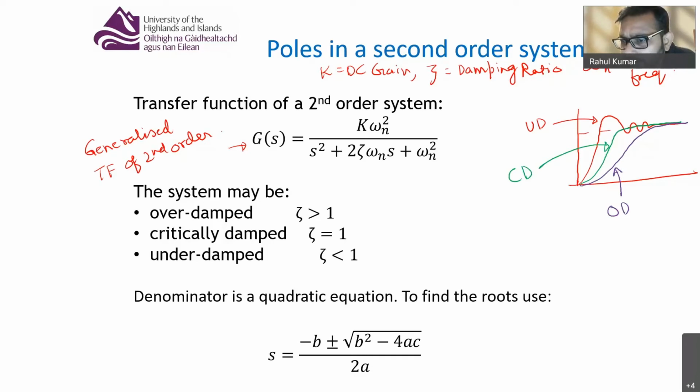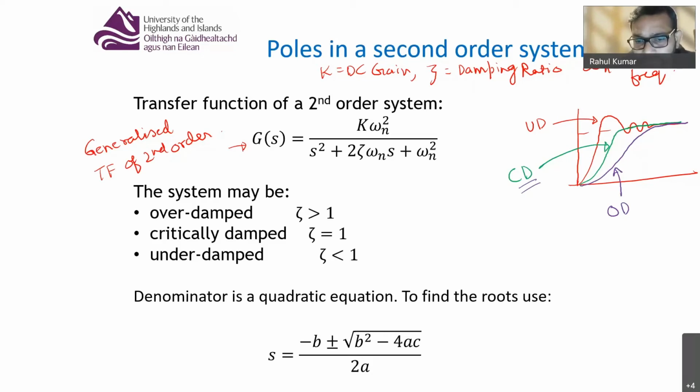So ideally we want a critically damped system, because the response is fairly fast. It is not very fast, but it is fast enough. And there is no overshoot, there is no acceleration. It very nicely settles around the desired value. Right? Now,